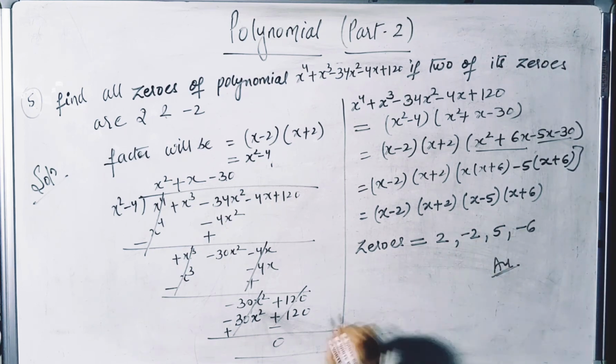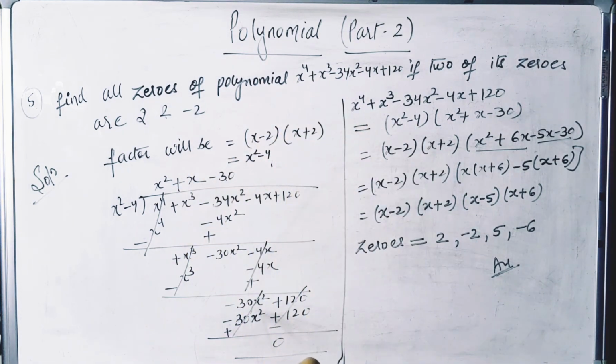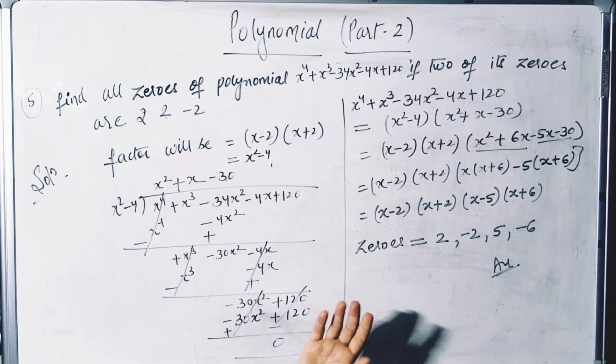So today we have seen what are the questions that comes in exams related to this chapter and what is the concept behind it. There are only two concepts that we have to see, what are the zeros of polynomial and to verify the relation between the zeros and coefficient. And the next concept was given, which I have told in last two questions, that is fourth and fifth question. They mentioned two zeros of a polynomial and they asked about the other zeros.